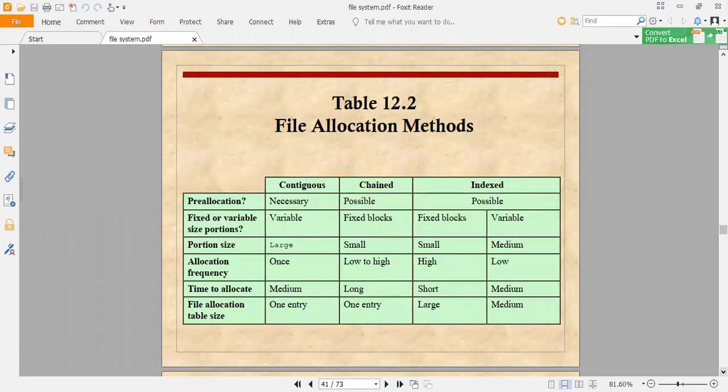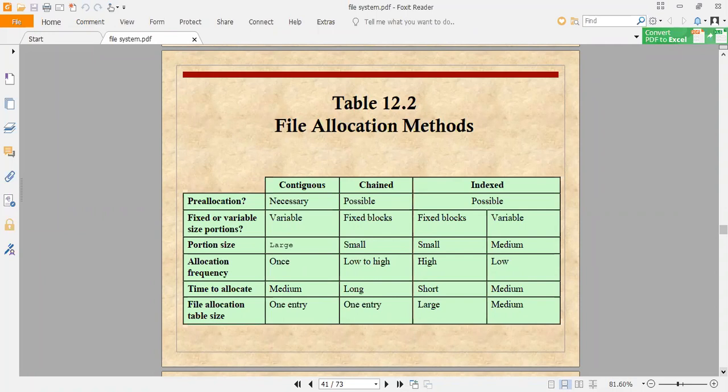Next, we have file allocation methods. Precisely, there are three file allocation methods which are followed. One is contiguous, the other is linked or chained, and the third is indexed.